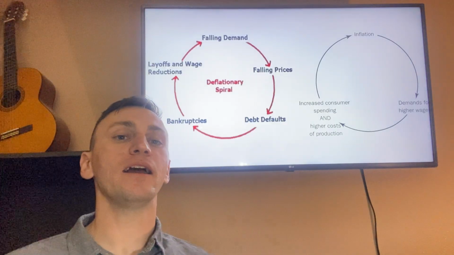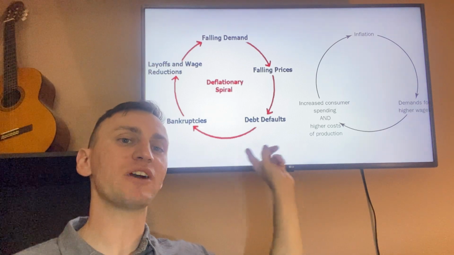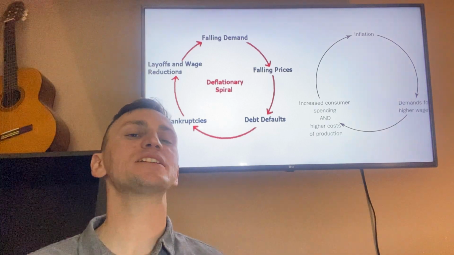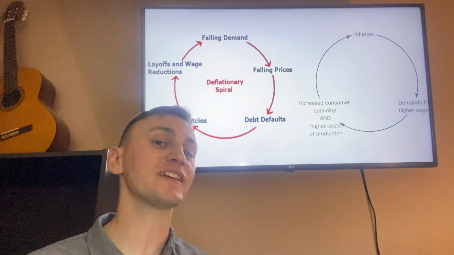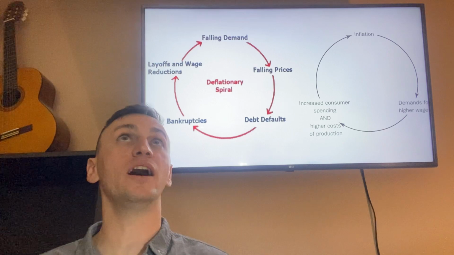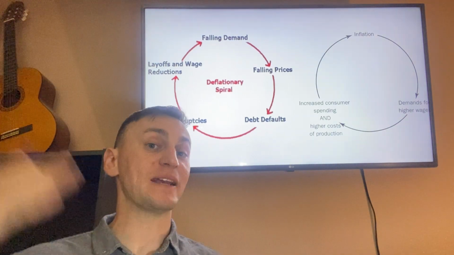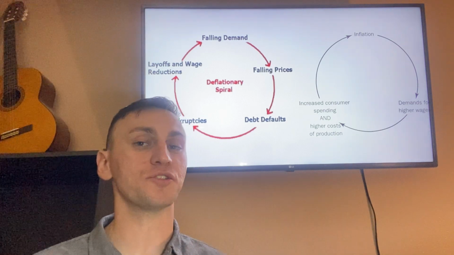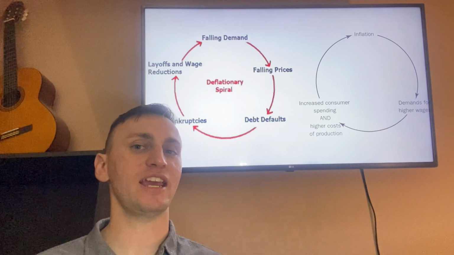So again, reviewing inflationary and deflationary spirals, inflation or wage price spirals are demand for higher wages and increase in consumer spending and higher costs, and it continues on. But as I said, there's always a bottom or a top, and the only thing that causes an inflationary spiral to be infinite is an infinite spiral of currency. So you can cut that off by stopping the currency supply. You can't kill the velocity necessarily unless that's a psychological function, but you can kill the excess currency supply, which would cause it to have an end eventually.